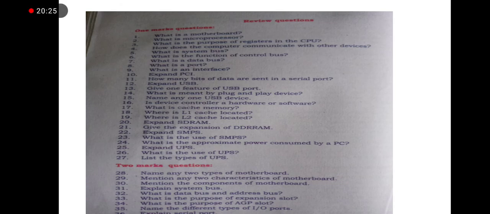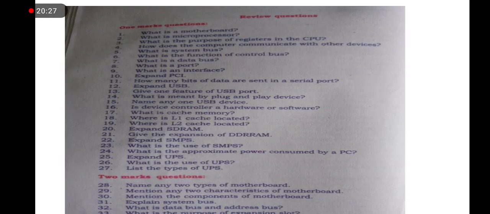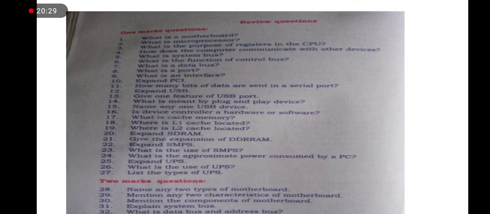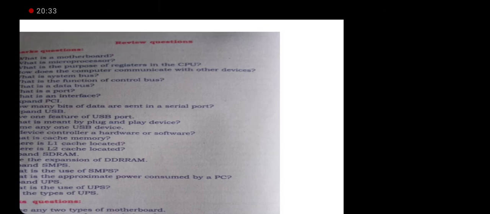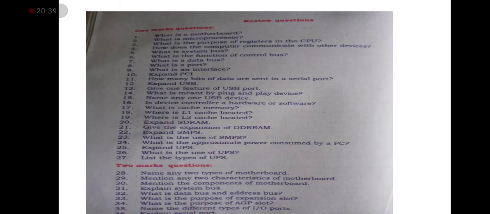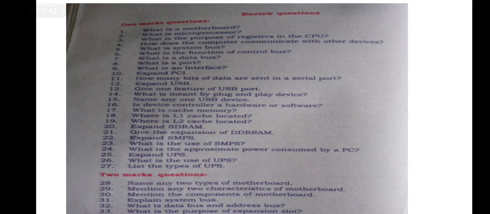Now here are some review questions: 1 mark, 2 marks and 3 marks questions are present. We'll go through these questions and I will give you some questions on the test from this chapter.